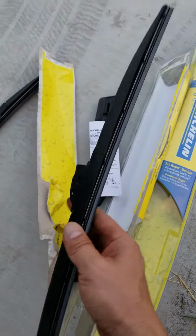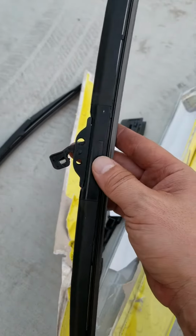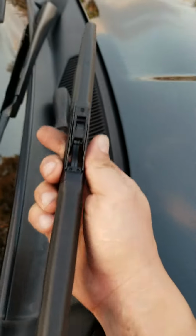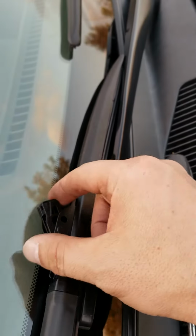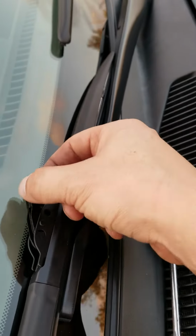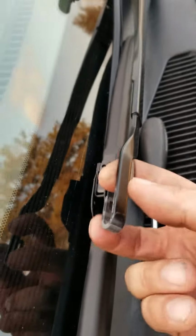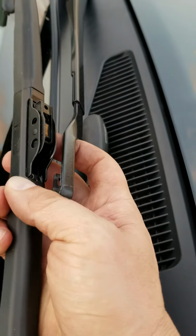You don't need any adapters or anything for the Lexus. You just need whatever it comes with. That's it. So you bring it back, and all you have to do is, see that? The side that sticks up like that, there's a rounded edge right here. That rounded edge is going to go inside this rounded edge right here. So all I got to do is just put that in there together like that,